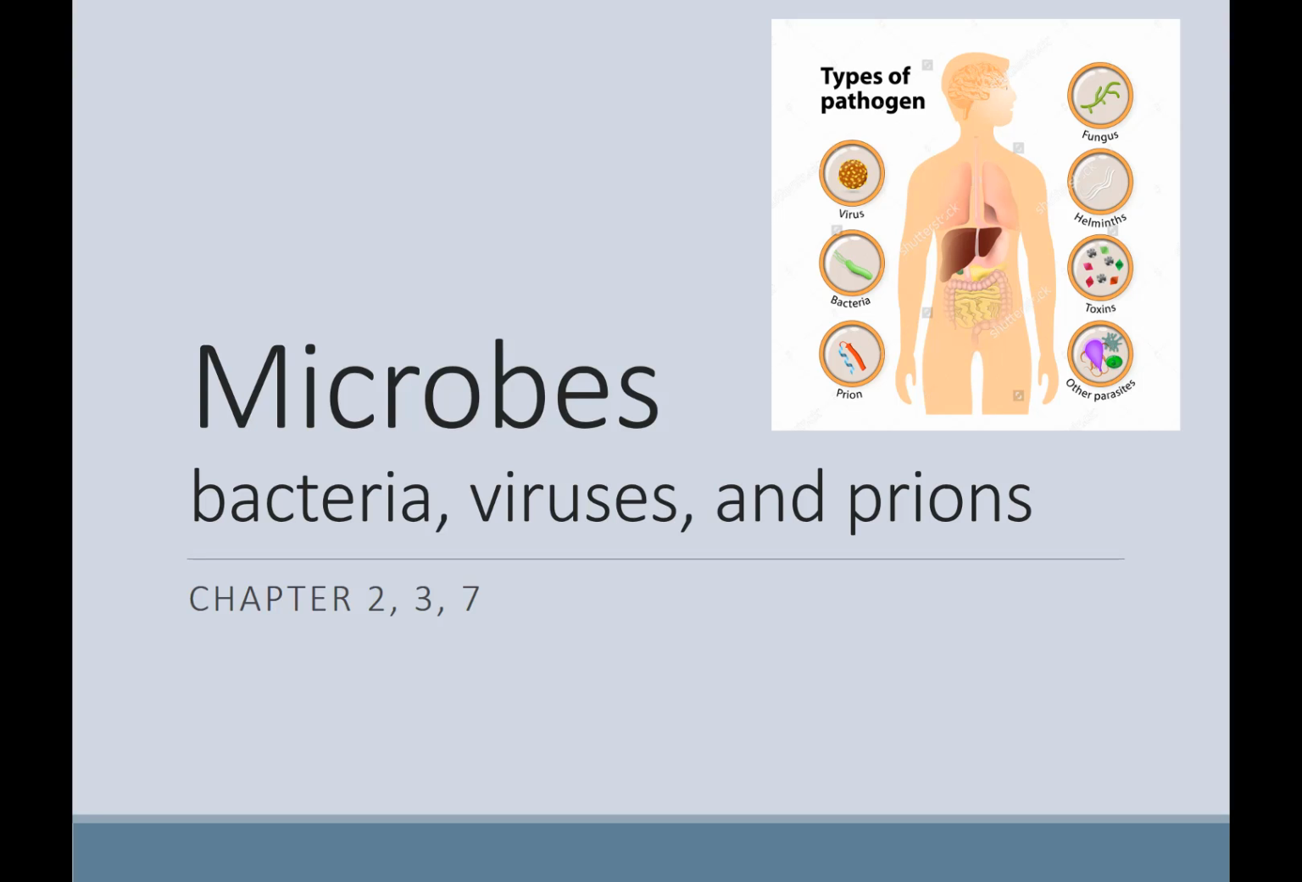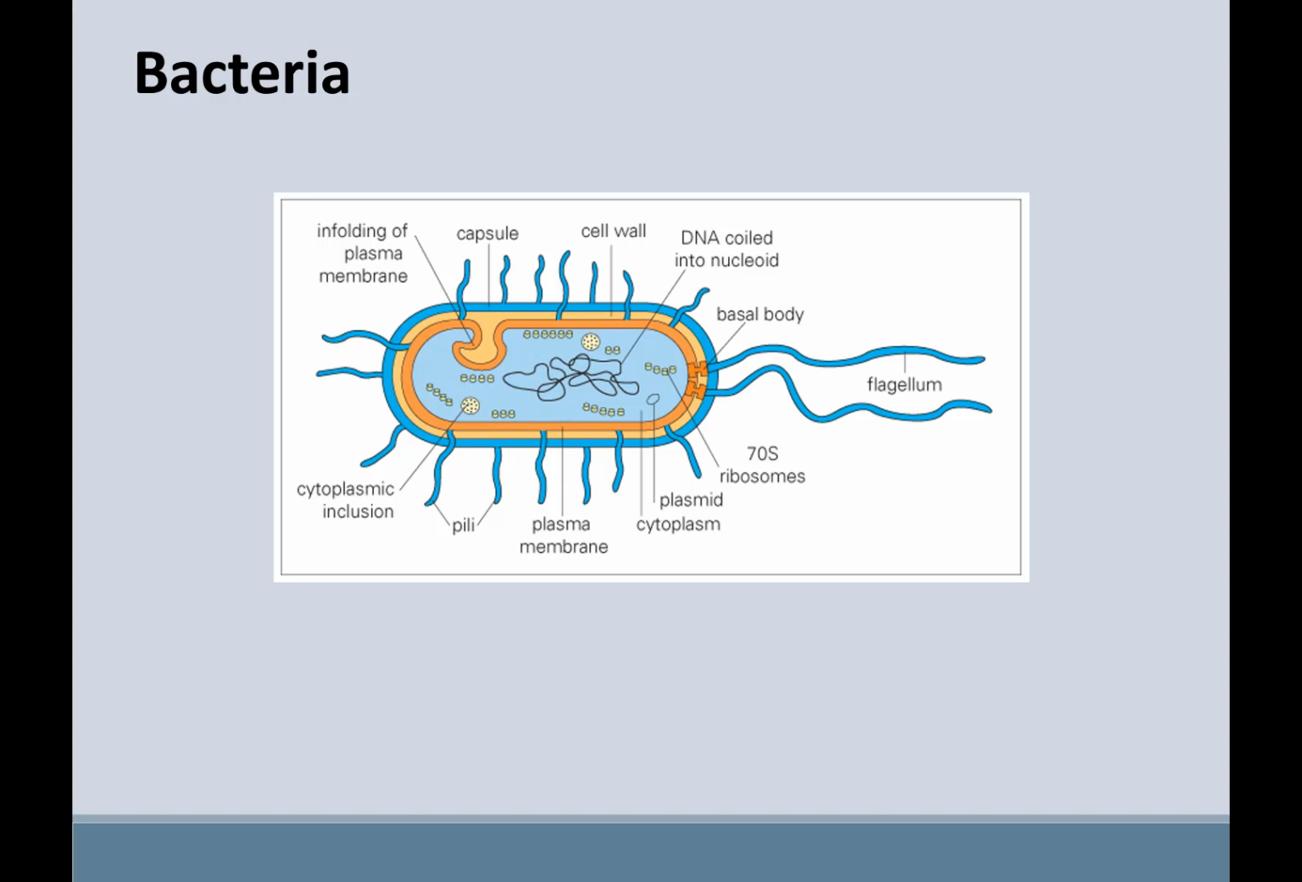Alright, so today we're going to cover chapters 2, 3, and 7, talking about bacteria, viruses, and prions. The learning objectives for this week is really to get down the general characteristics of these different groups of pathogens and to think about why they are pathogens. So we're going to keep going into what do they do to the body, what are their characteristics that can cause us issues. So the first one we're going to talk about are bacteria,